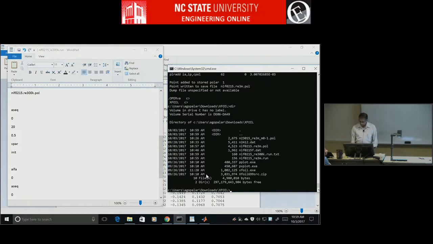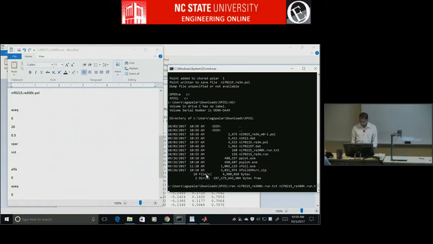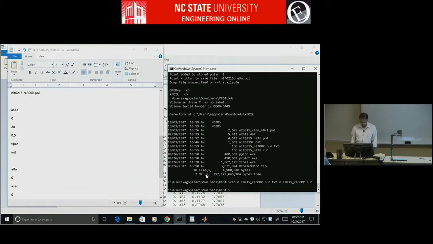It put a .txt, being very helpful, so we'll rename it. You don't have to rename it. So I renamed it, and now I'm going to say xfoil less than nlf